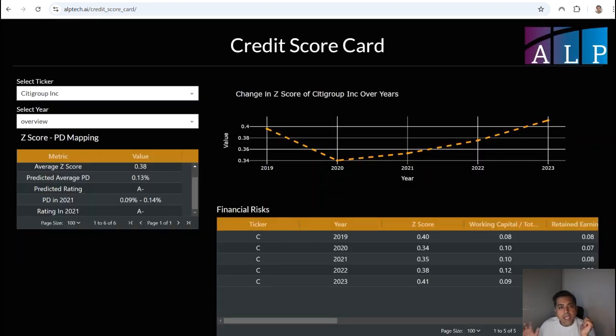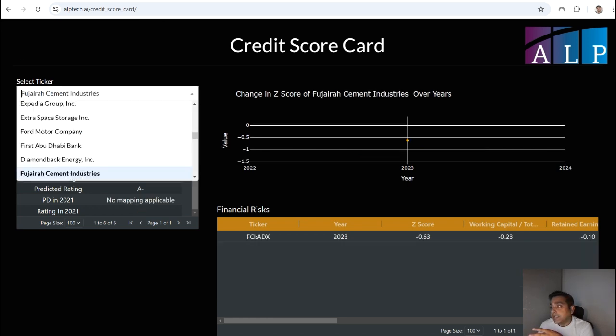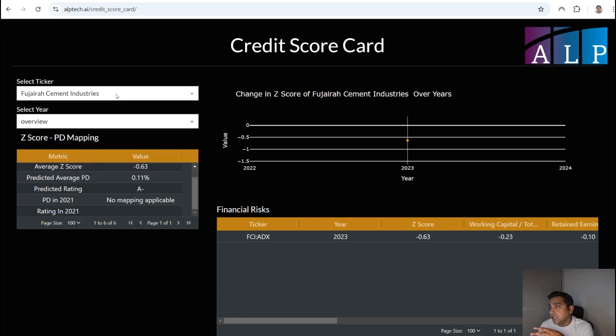We also have an AI-powered credit rating where users can view the latest S&P rating and also predict the rating using our model. As you can see here, our model correctly predicts the Citi's A- rating in 2021. And we can also use this model to assess the rating of less liquid companies which are not rated. And the example for that is here. As you can see, there's no S&P rating here, but we are able to predict a rating for this particular